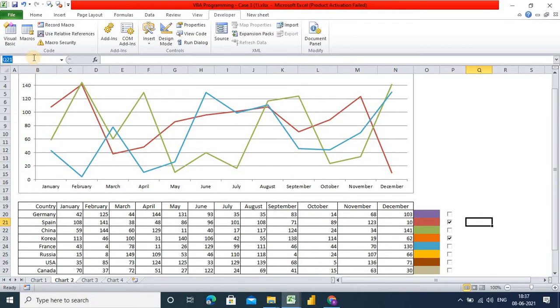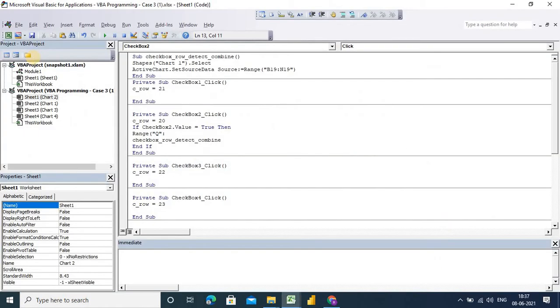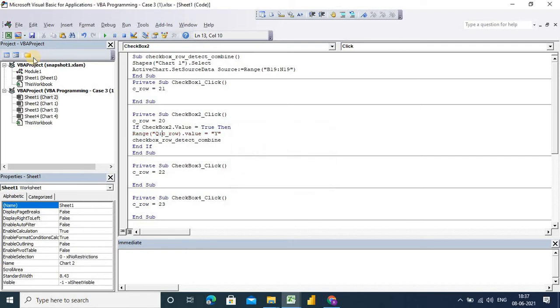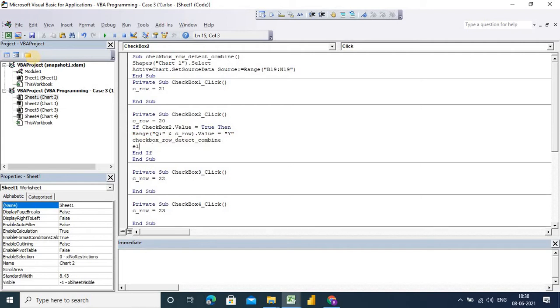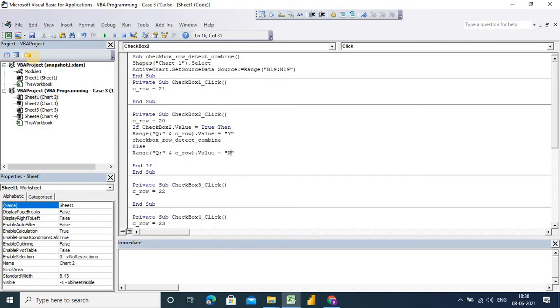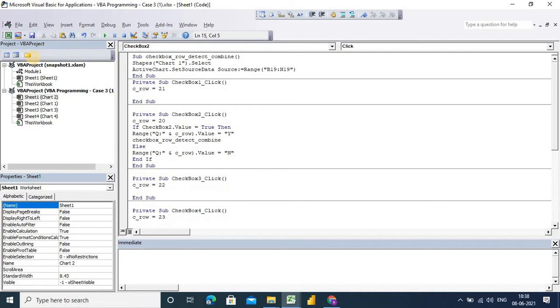So I will write C dot Row, now close this. Dot Value is equal to yes if selected, else it goes to no. So now this row is applicable for all this data.